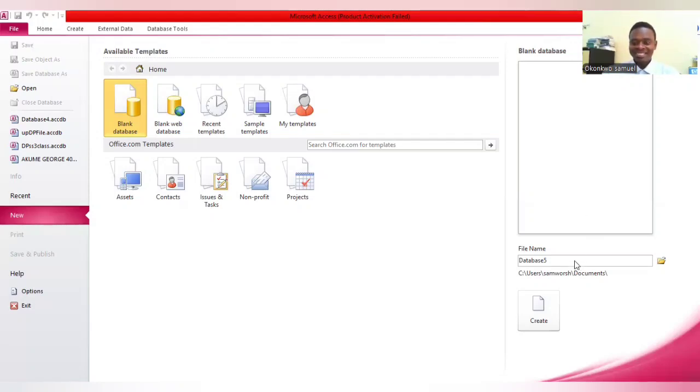Then most importantly, this section where you have file name, that's where I'm very surprised most people skip. But this is the most important place you need to know, especially when you are not creating a database using SQL. The first thing you'll be asked is, what name of database are you creating? So for example, I want to create a database for, let's say, a particular church,